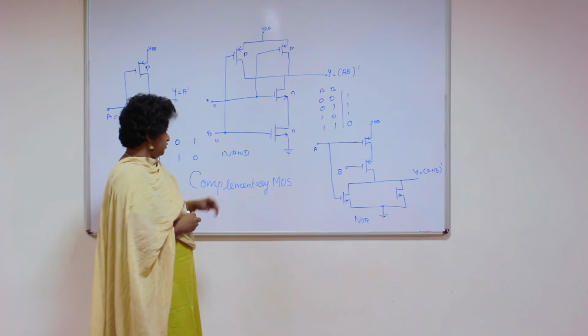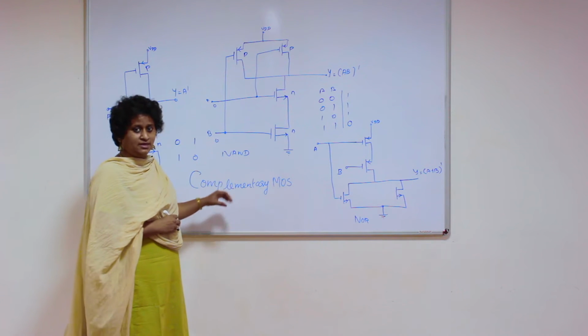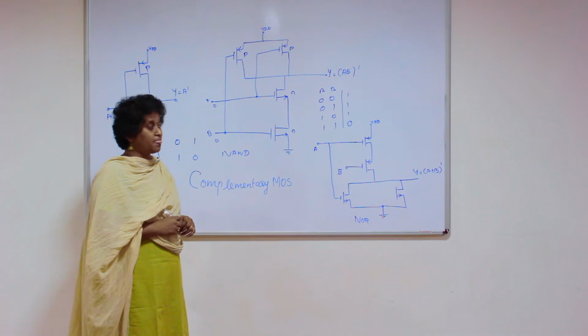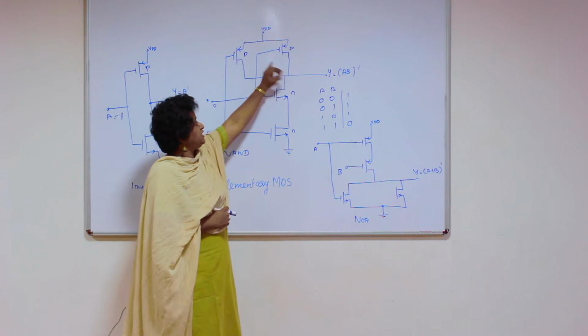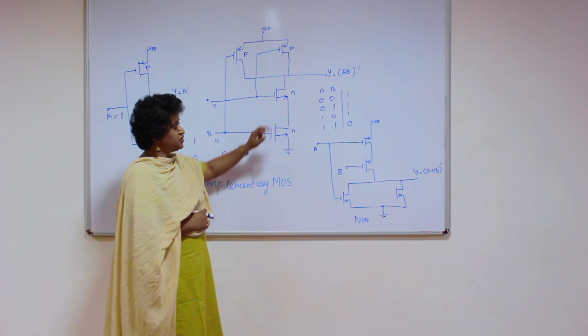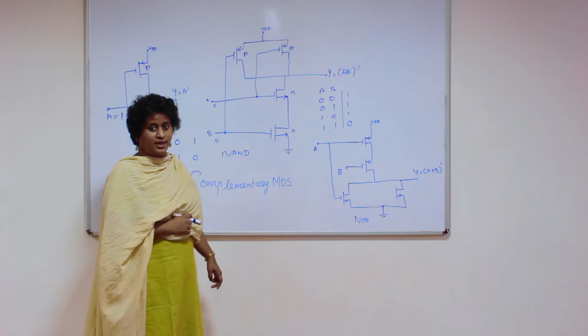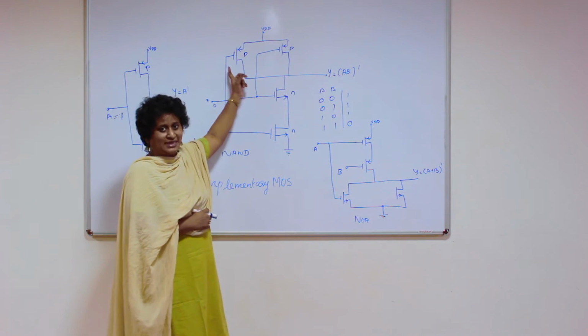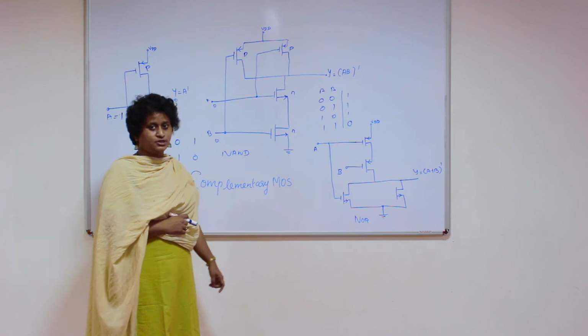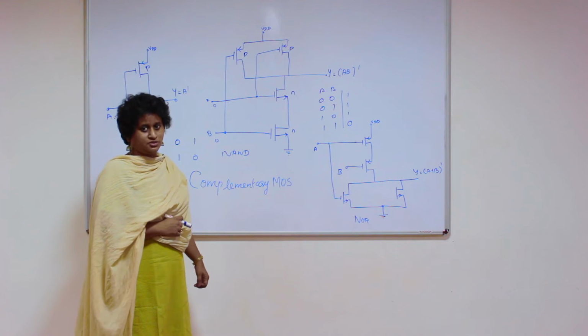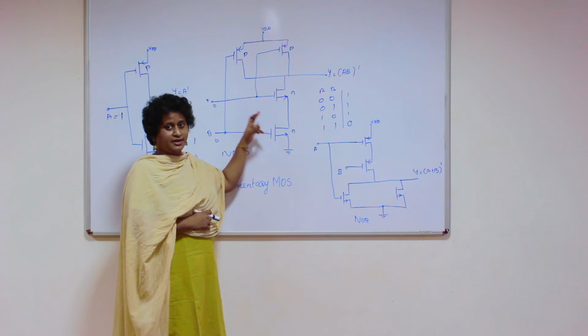In this video, we are going to discuss a NAND using CMOS. Here you can see two P-channel MOS and two N-channel MOS. You all know that a P-channel MOS will conduct when the gate to source voltage is negative, and an N-channel MOS will conduct when the gate to source voltage is positive, and both will not conduct when the gate to